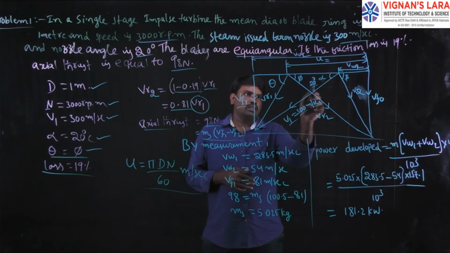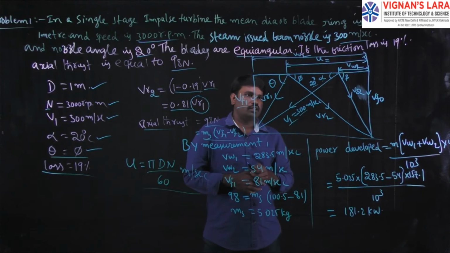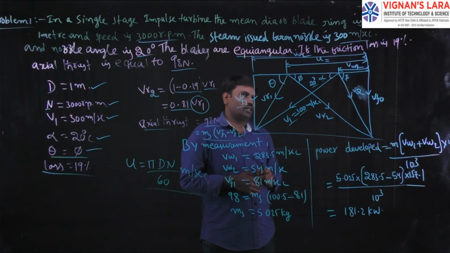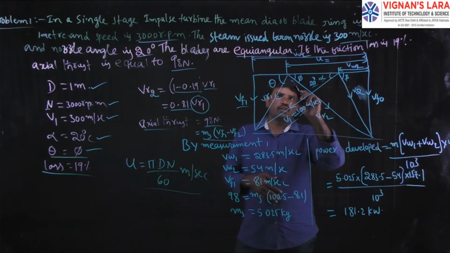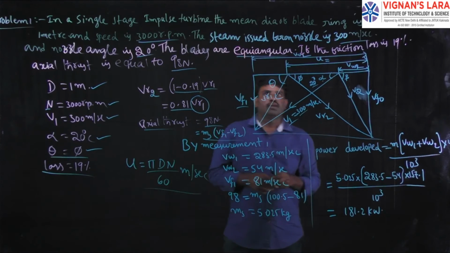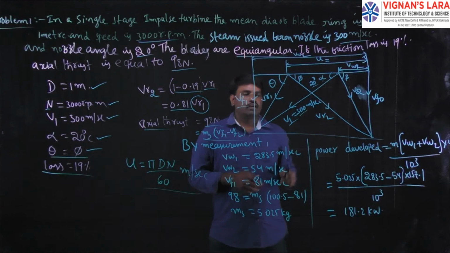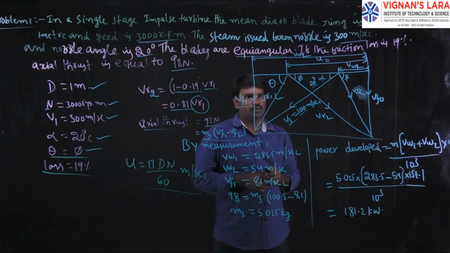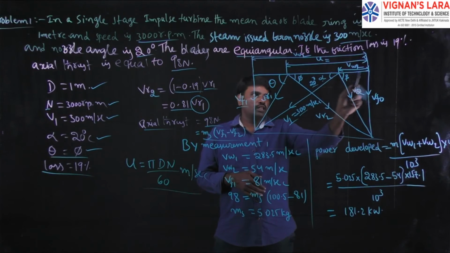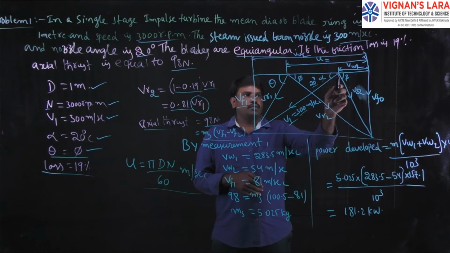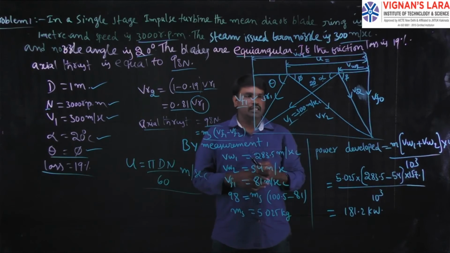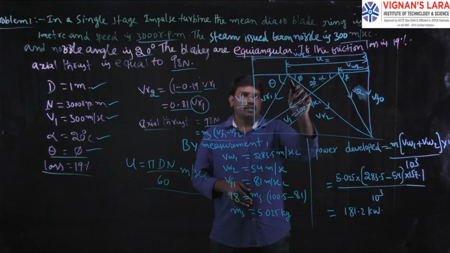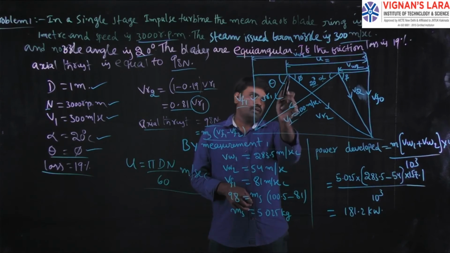Theta and phi are equal, so from this line you can draw the phi line. Alpha is a known value and the U value is also a known value. The total length of the line is Vw1 and Vw2, and this small length of line will give the Vw2. First you have to draw the length of U velocity, later you have to draw this line V1 at 20 degrees angle, later you have to project this line, join this line, and draw the theta line and the phi line.